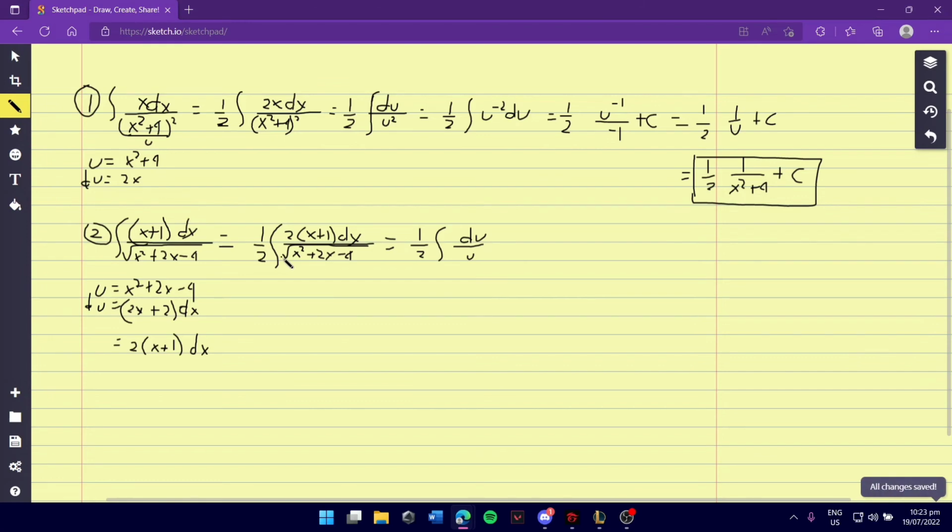Simplify. Convert the square root sign to 1 half. So it is correct to write u raised to 1 half. Tama na. So next,